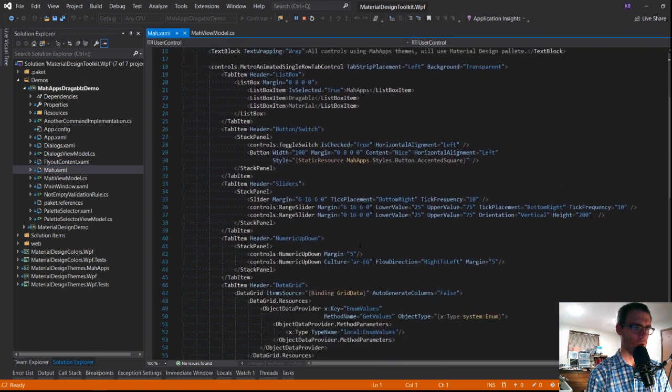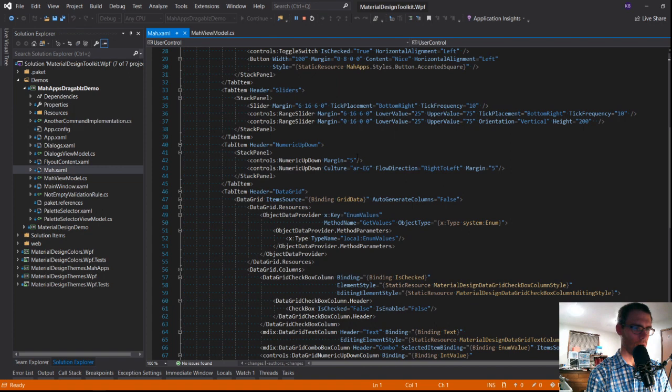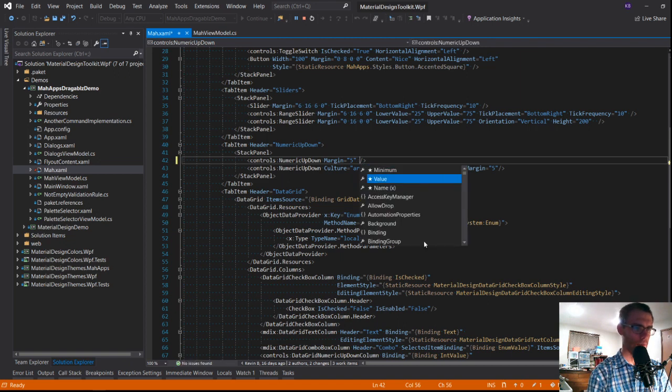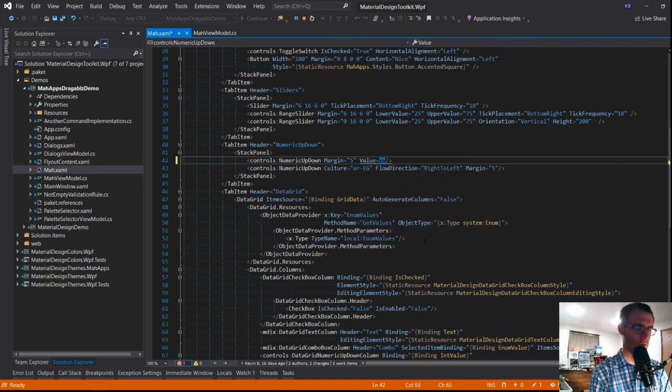I need to do some renaming and cleanup in here. So numeric up, down. Is it value? I think. Yeah, value. Binding. Up, down, value. Okay.